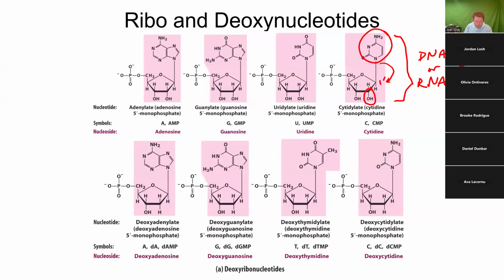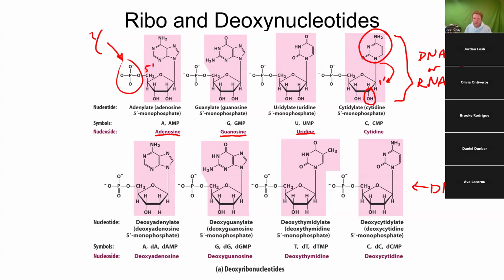Now, the other parts of this, the 5' carbon right here, that's going to attach to a phosphate group. That phosphate happens to be our gamma phosphate. Now, these at the top are our RNA molecules. That means that these down here are DNA molecules. Now, when it comes to symbols and names, the ones that you're going to hear most often are these: